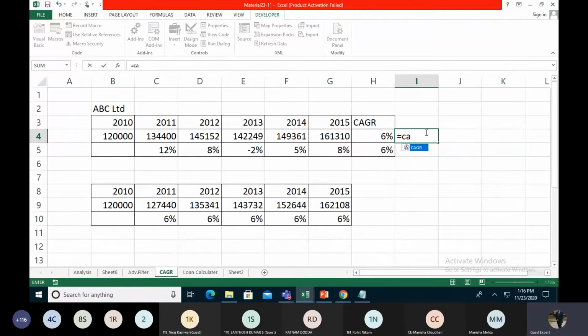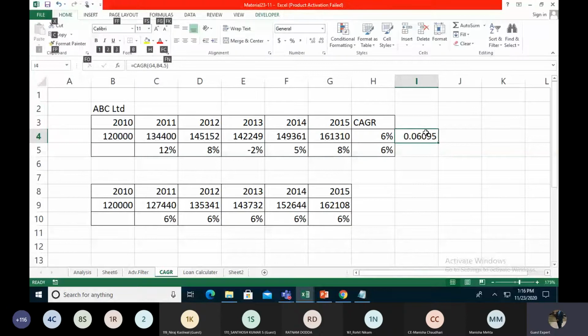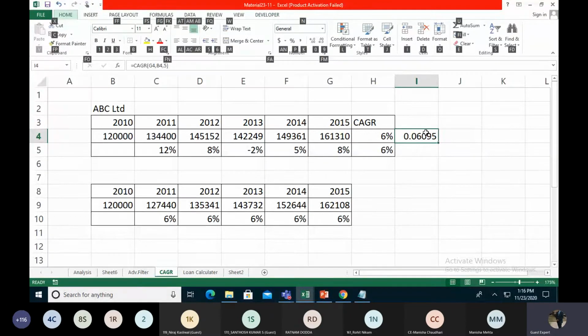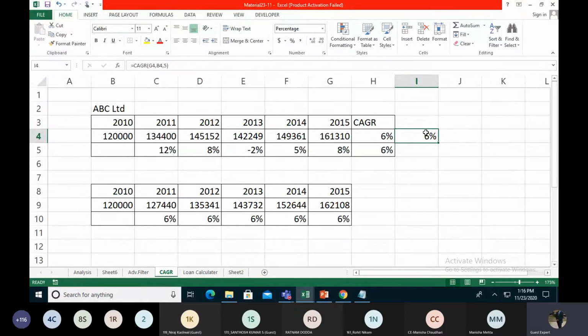This is my user defined function: CAGR, we take the closing balance, comma, opening balance, and the year. I take 5 years. It represents the compound annual growth rate data in %.